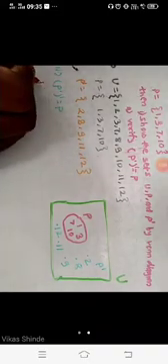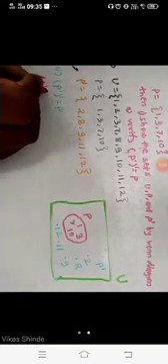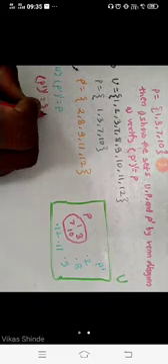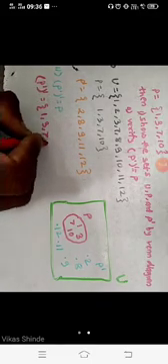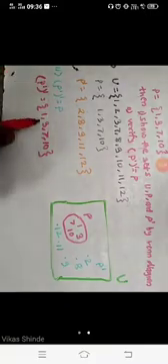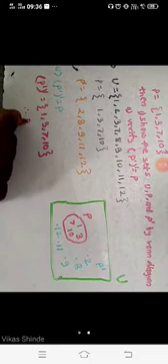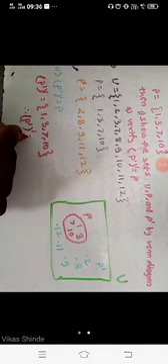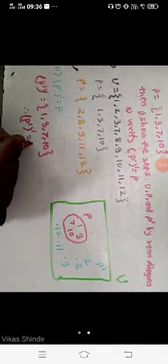Then for the second one, we have to show that P dash of dash is equal to P. If we write P dash of dash here, we get 1, 3, 7 and 10. This is similar to P here. Therefore, P dash of dash is equal to P, which is your second answer.